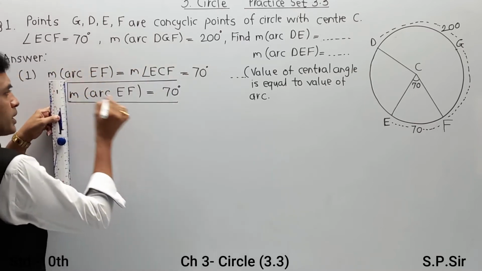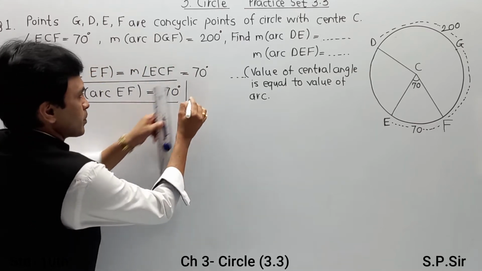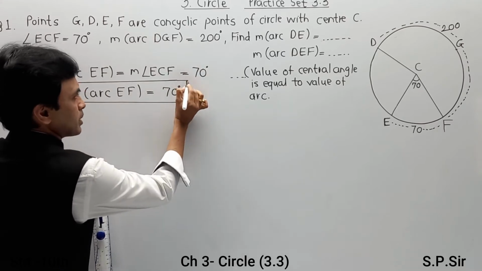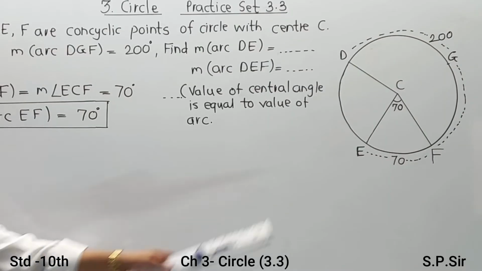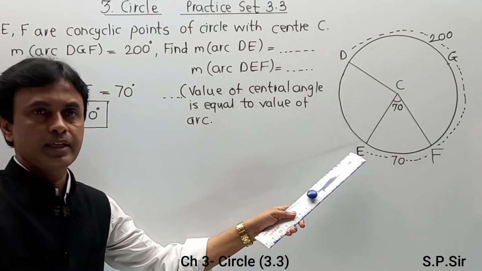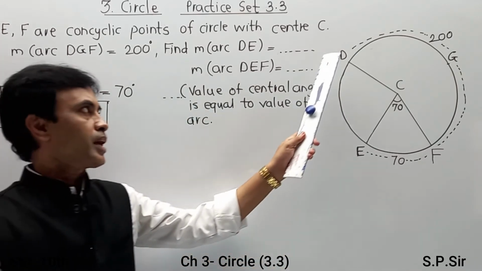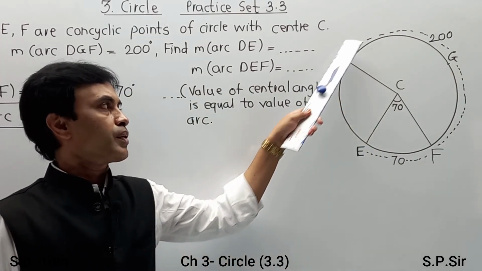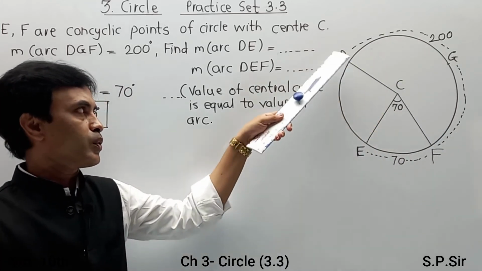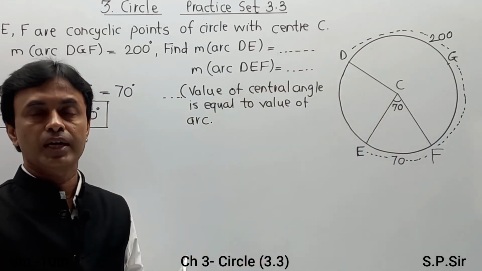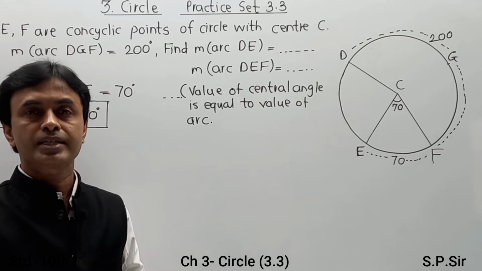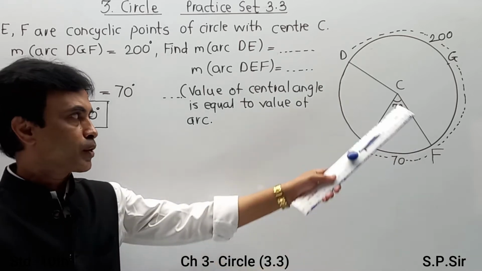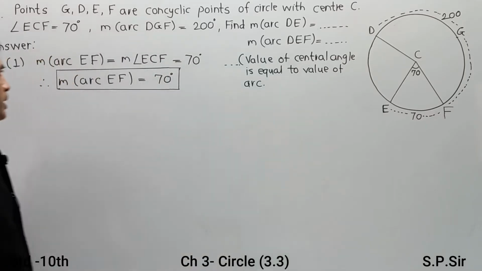Now, although we are able to get this answer, this is not our required answer for the part. We are interested in arc DE. Remember, in the total circular portion we get the first arc and second arc, and only the third arc is remaining. We know that the sum of the arcs of the entire circle is 360 degrees. Now using that property.